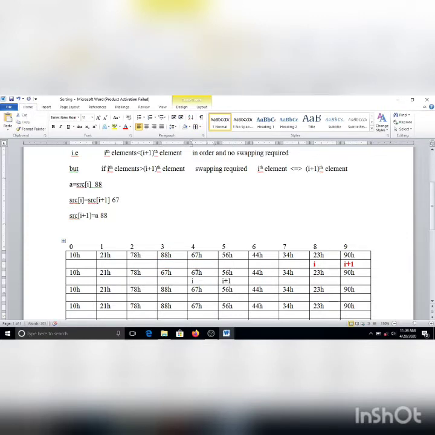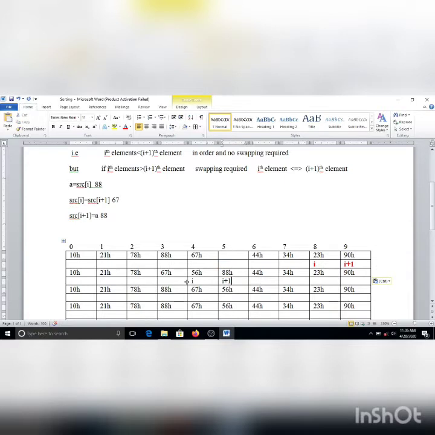Here 88 will be there after the swapping. Now again at I and I plus 1, swapping is required, so we can follow the same code. So 57 is copied here, and 88 is placed.